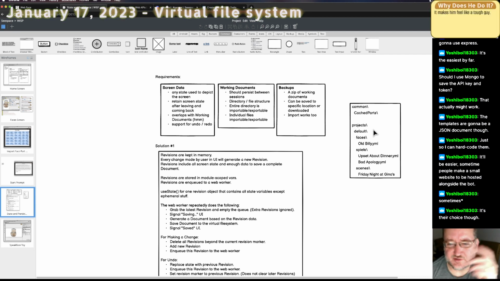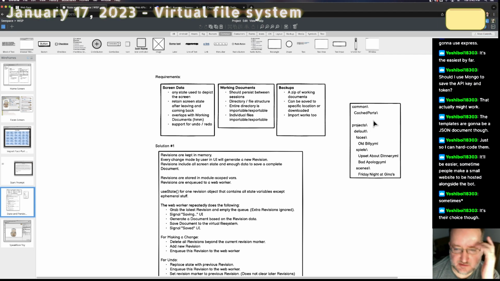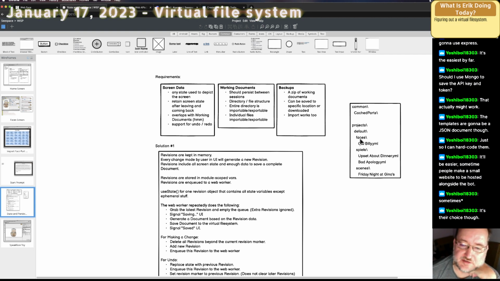So one project gets its own directory, and then so on. So the key in this case would be concatenated together projects, default, faces, and all this is one key. But if I want to say, give me all of the faces in the default project,